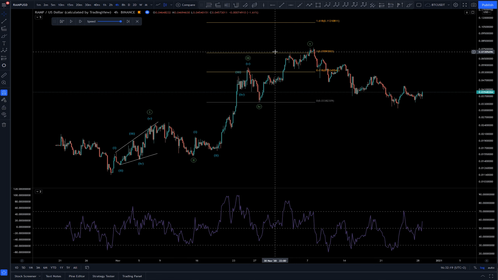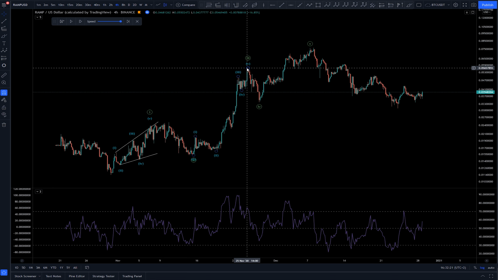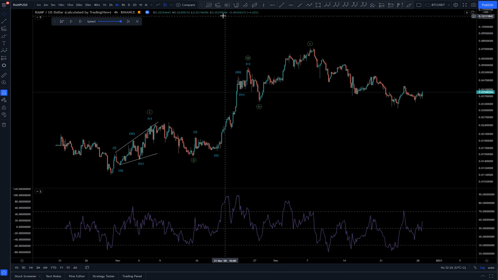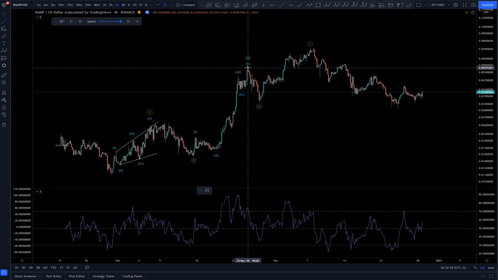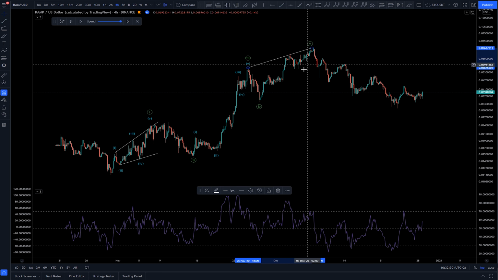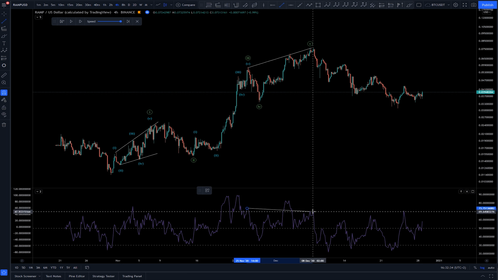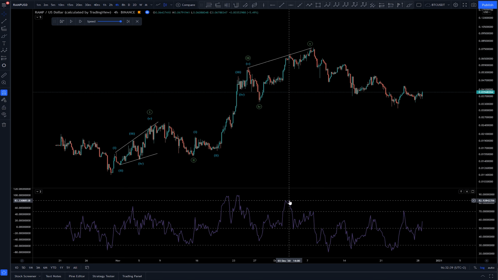Again, to end the wave you would have divergence between the 3rd and the 5th. So let's check it out. And the 5th would be here, like so. So there is divergence. Of course there are peaks